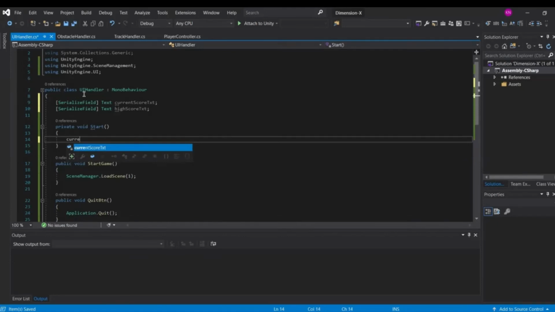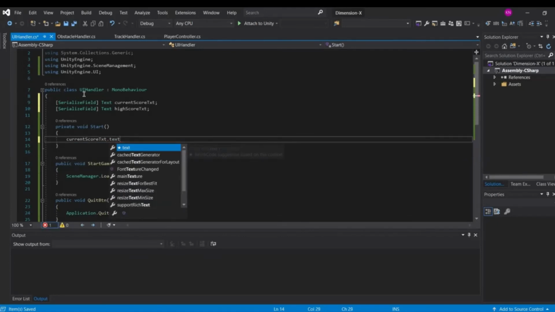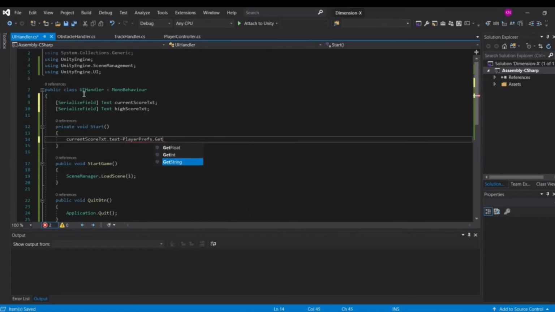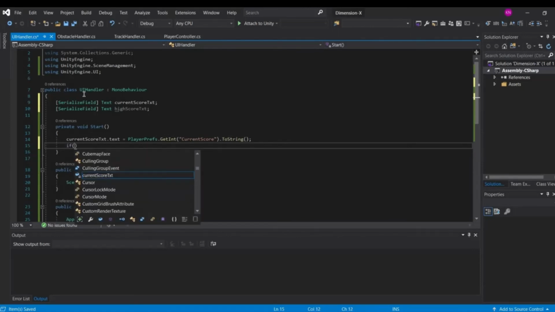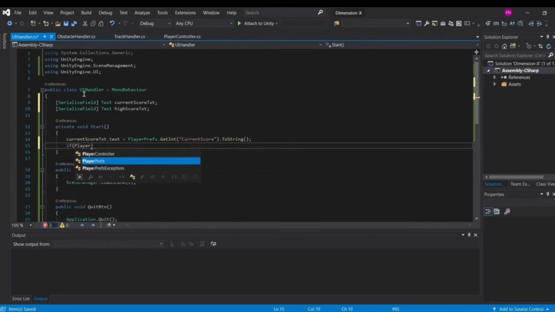So what you have to do is just edit this current score text equals PlayerPrefs.GetInt of the key, which I guess was current score. And with that said, guys, just make it ToString so we can convert our integer to string. And with that said, guys, if the PlayerPrefs.GetInt, which is current score,